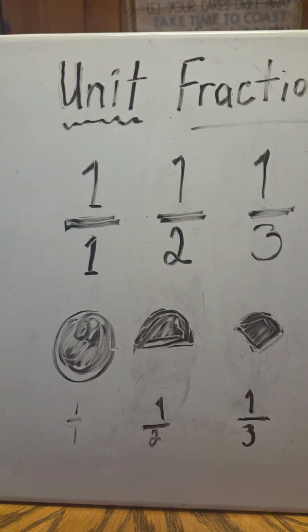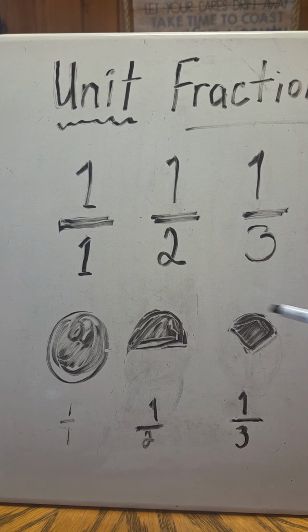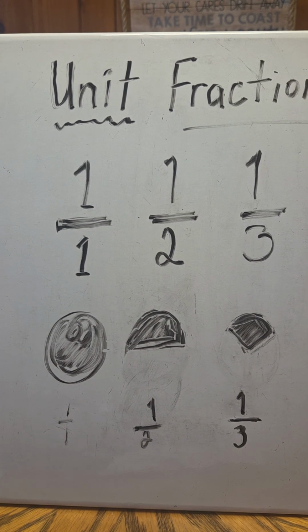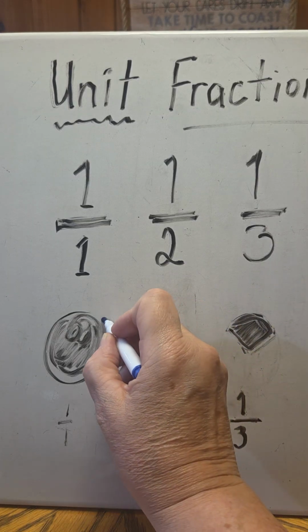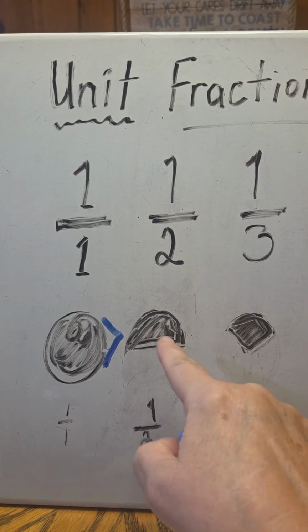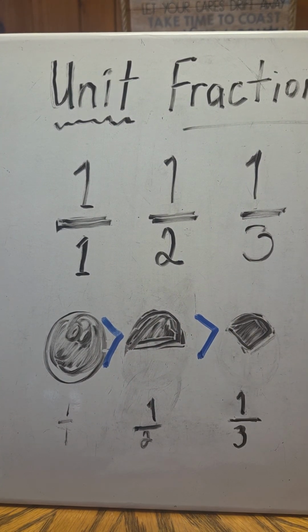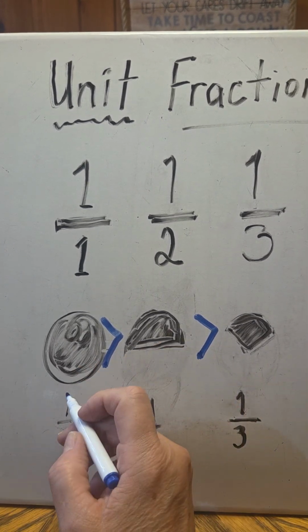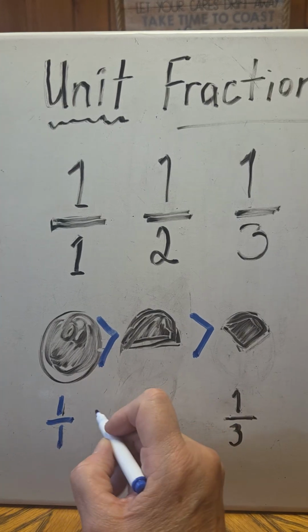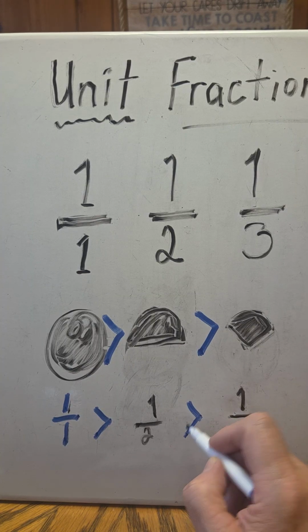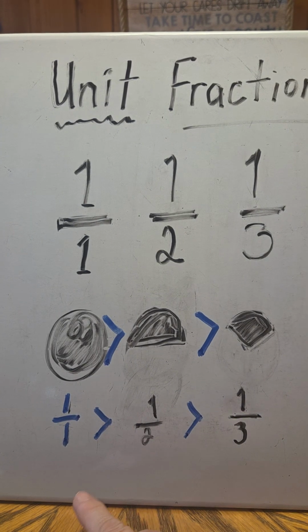Now, we're going to do some comparing and contrasting. So we're going to use these symbols. I think you remember them. You used them on whole numbers, but I'm going to use them on fractions. So if I'm just looking at these pictures, I'm going, well, this one's bigger, so that's greater than this one. And this half is greater than this one. Now, let's look at these fractions. 1 over 1 is greater than 1/2, and that is greater than 1/3. So we just proved,